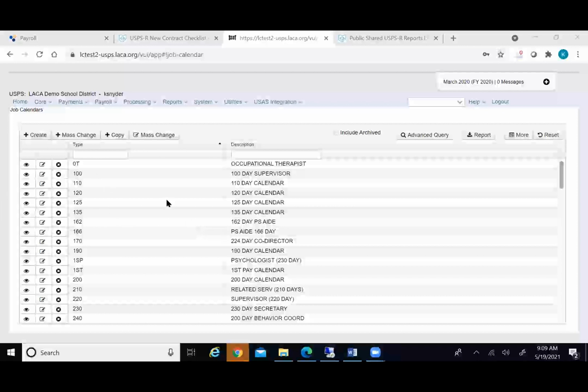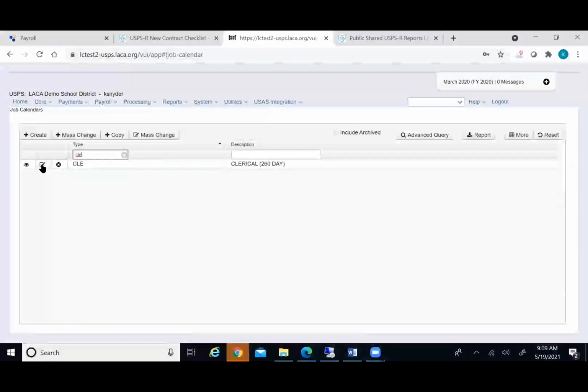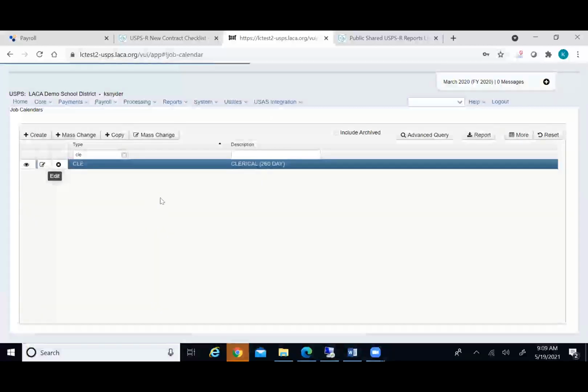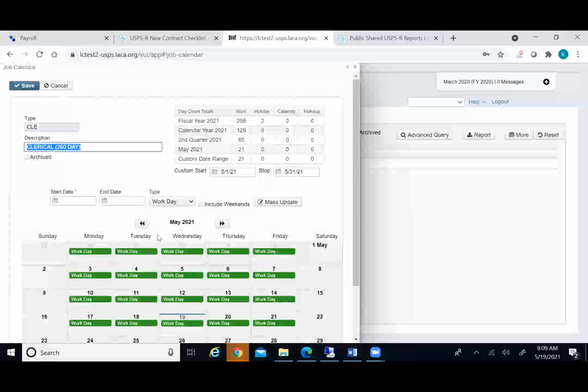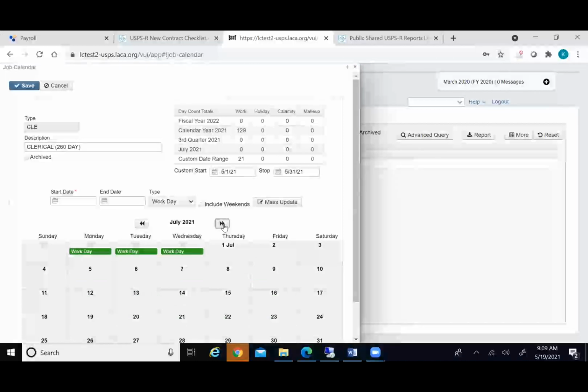So if you're wanting to update an existing calendar for next year, you would come here to your job calendars grid, find that existing calendar that you already have for the current year, click edit, and add some days for next year. So you can see we have days on here for this year, but if I scroll ahead, I don't have any days for next year yet. So the quick way to do that is to use this date range here